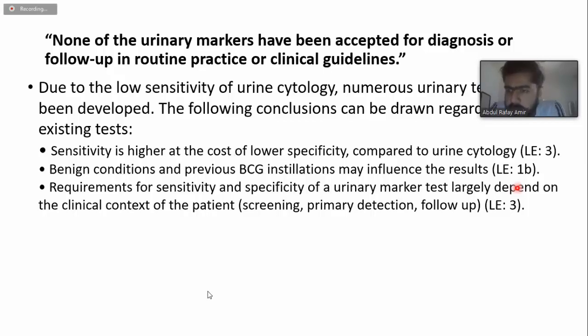So if you have got a very high grade tumor, then there will be more yield of this kind of test. So that is the usability of this cytology whenever you want to do something for the patient, and also you want to follow this patient in a later period. For instance, if you have got a biopsy specimen in your hand and you have done something for this patient in terms of giving some intravesical therapy, and later on you want to follow this patient, so either you can